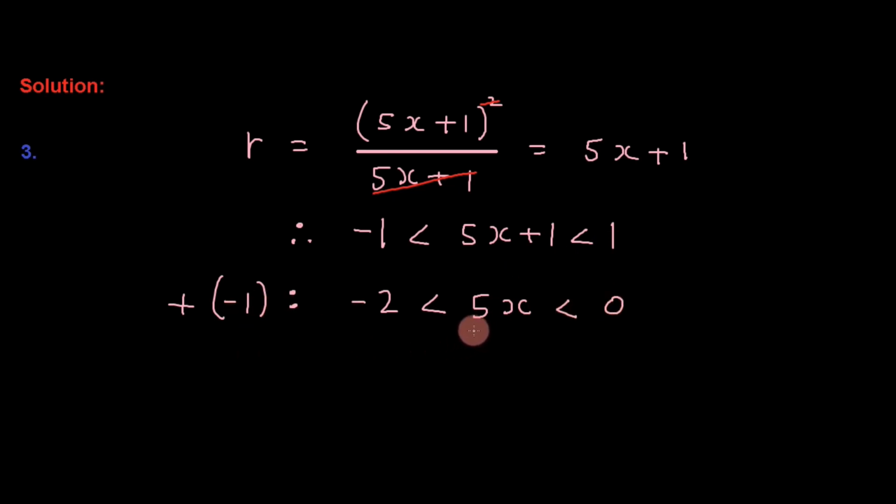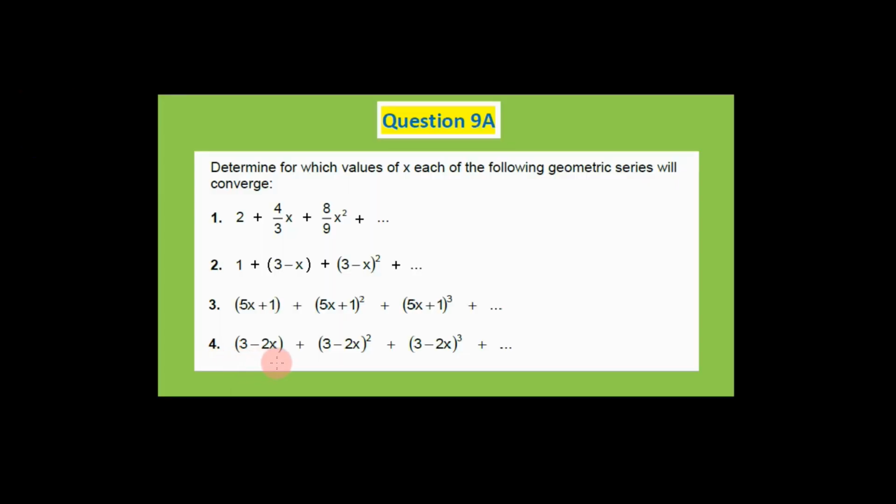Finally, we can divide through by 5 in order to get rid of the coefficient of the x here. So divide through by 5. So negative 2 over 5 will be less than x, which will be less than 0 divided by 5, which is 0. Then lastly, looking at number 4,